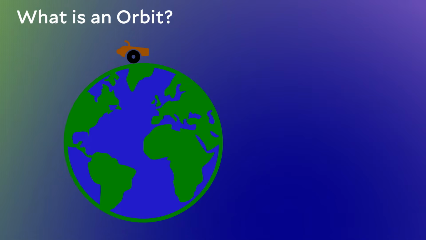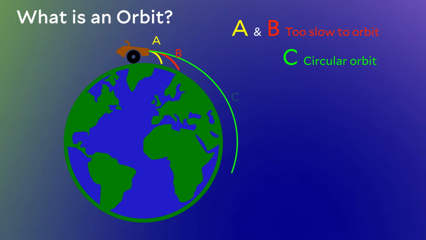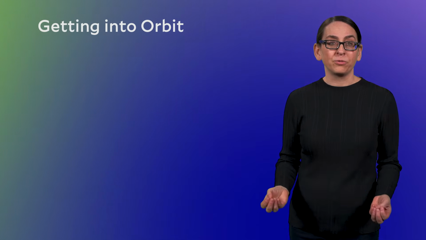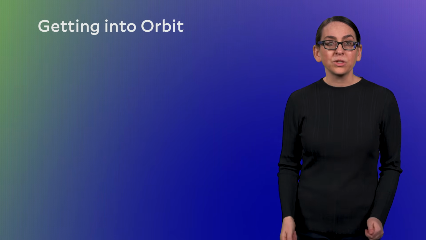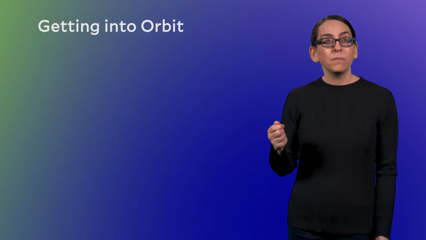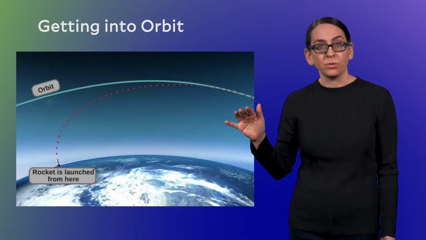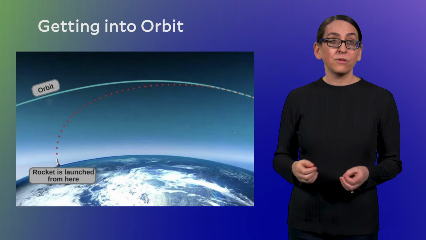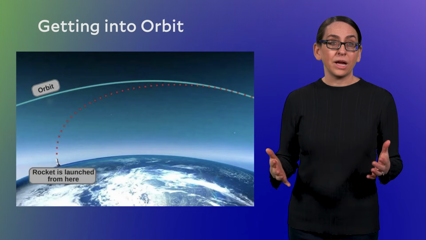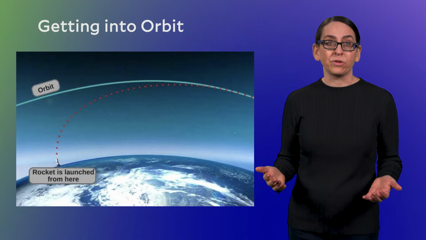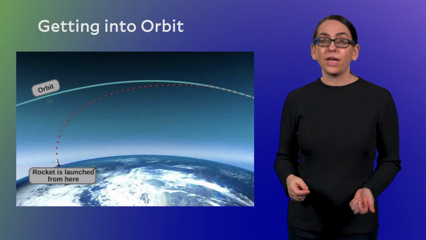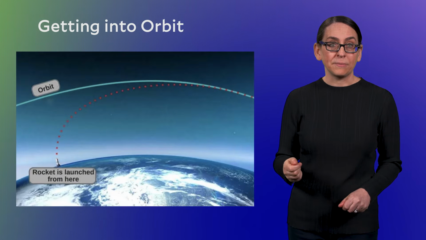Coming back to an image we showed a while back at the beginning of this module, we had a cannon firing satellites into orbit entirely horizontally. The reality isn't actually all that different for real launches. As soon as a rocket clears the launch tower, most vehicles will begin to pitch over slightly and head in the direction of its orbit. Launching vertically at the very beginning is good for not hitting the launch tower or mountains or whatever, but there's actually an additional advantage to beginning the ascent vertically.